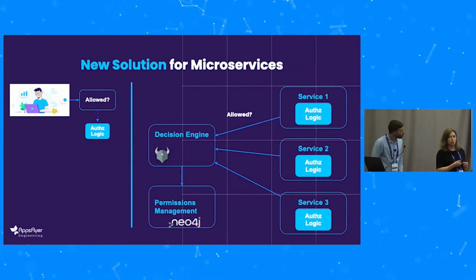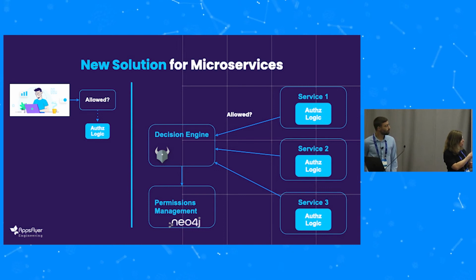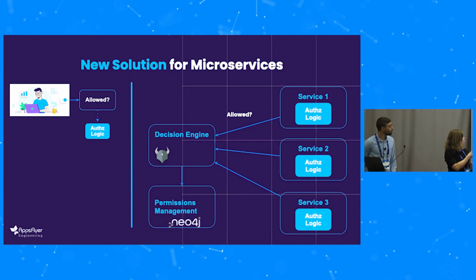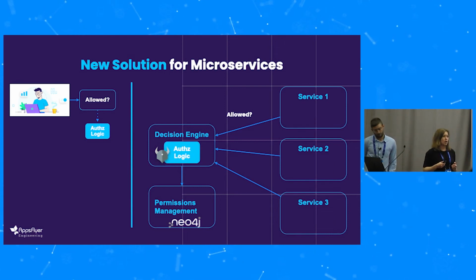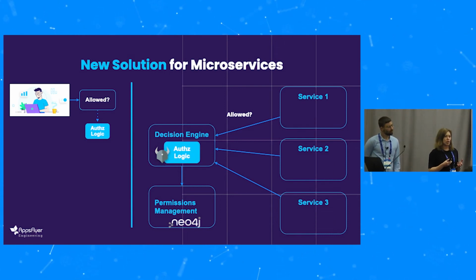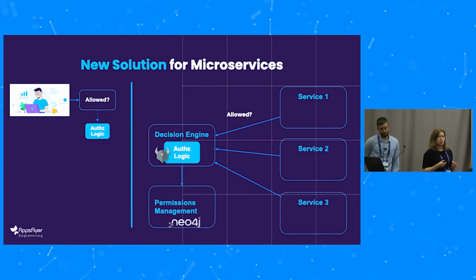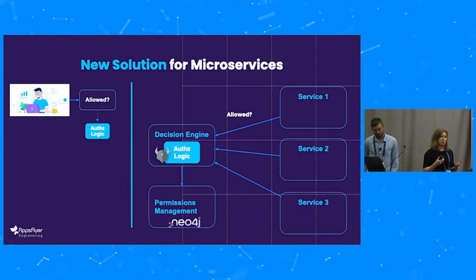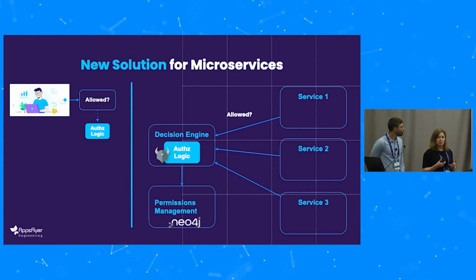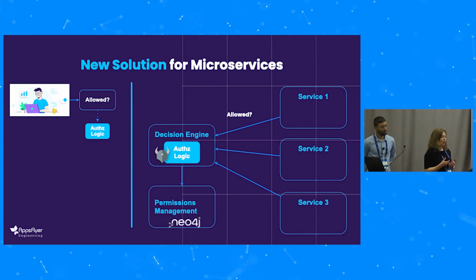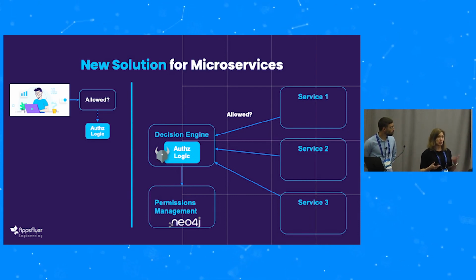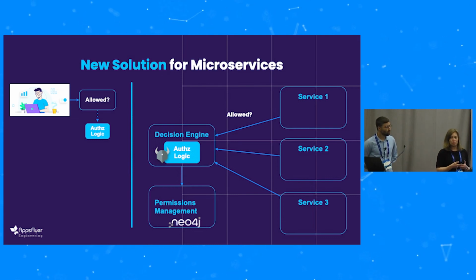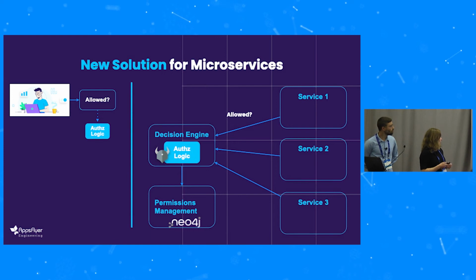If you remember, in our old architecture, we had these services, and we had an authorization logic box in each and every service. Using this insight, we changed the architecture so that the authorization logic is now part of the decision engine. If we need to change data privacy policies, or the collaboration between our partners and our customers changes, we don't have to change every microservice now. We can modify it in one place.